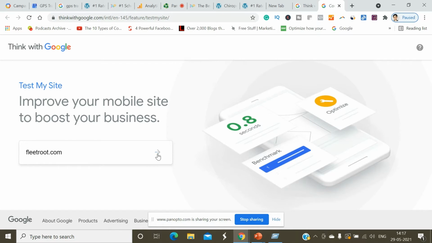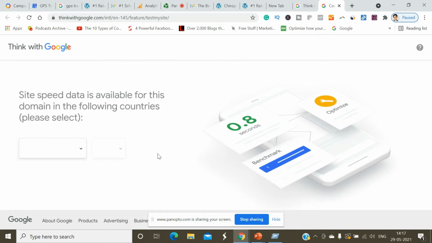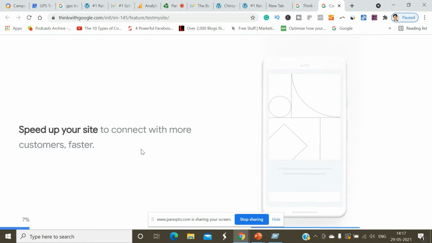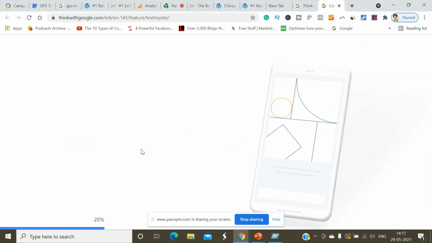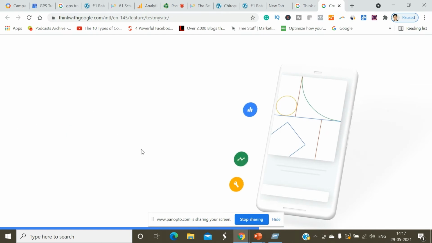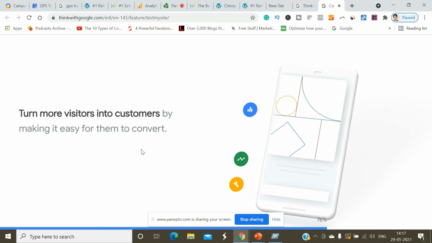So check the mobile UI. Site speed data is available for the following countries. So I have to select the country, India. I want to see it on a 4G connection. Next. So it will tell me how much time it is taking to load on a 4G connection, specifically on your mobile platform.